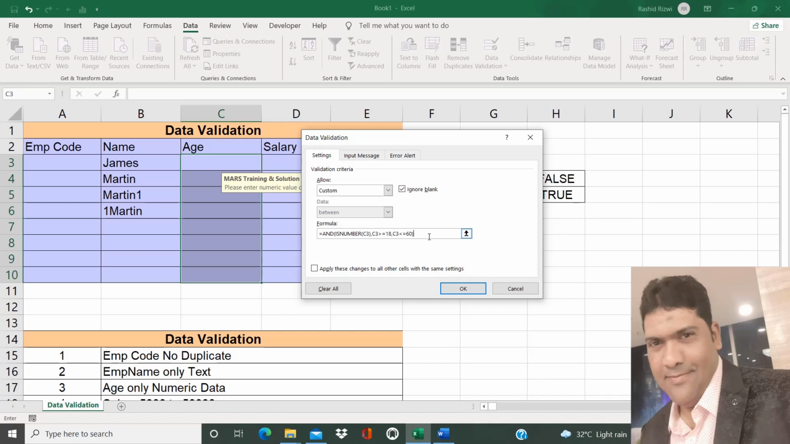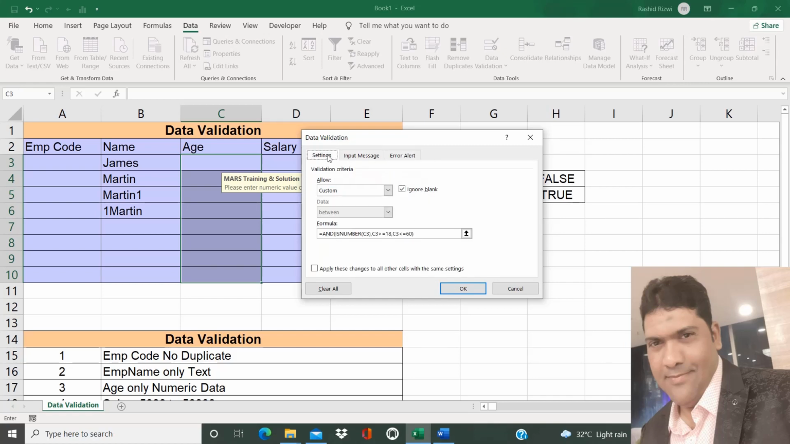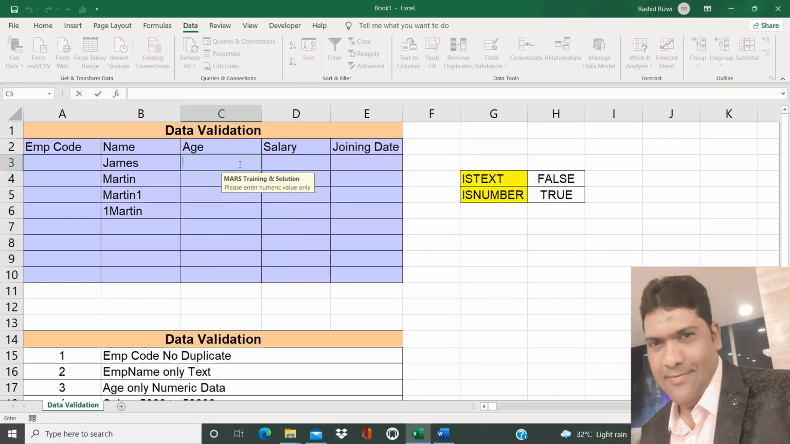Here you have to put the bracket properly, otherwise it doesn't come automatically. Again, same process, input message. If you want, you can give an error alert, you can mention it. So my things are ready. I click OK. Now you can't enter text here because it has to be a number only, and in number also